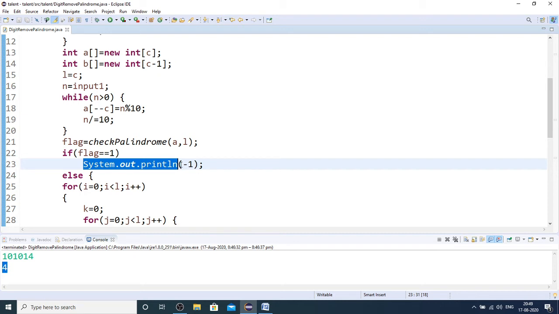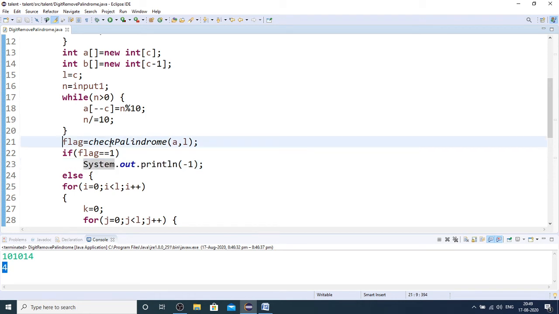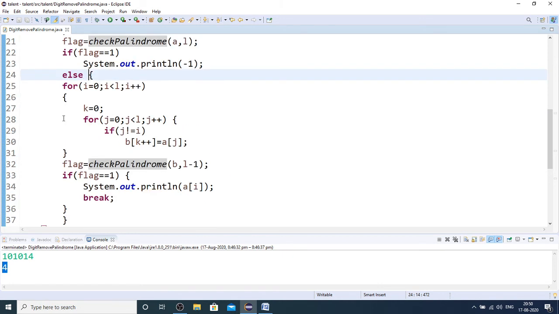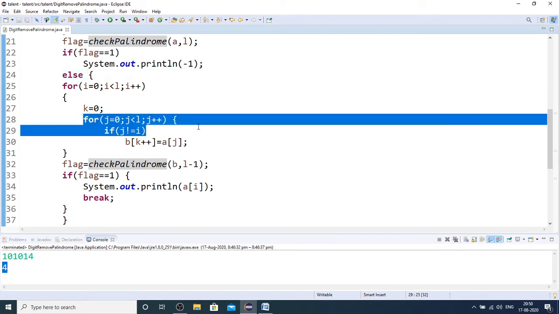There you are not going to execute it on your local machine. So you will just replace this system.out.println with return statement. So the point is, I'm just checking if the given number is already a palindrome, I'm going to directly return -1. Otherwise, here I'm writing the remaining code. So here you can see I'm running the loop for the number of digits, whatever the size is. So the number of digits times I'm running this loop. And then here you can see what I'm doing. I've taken another